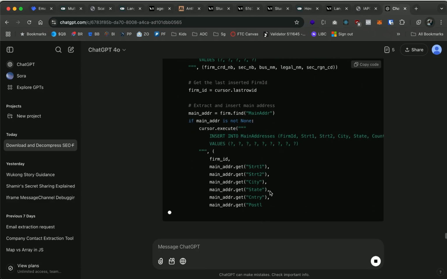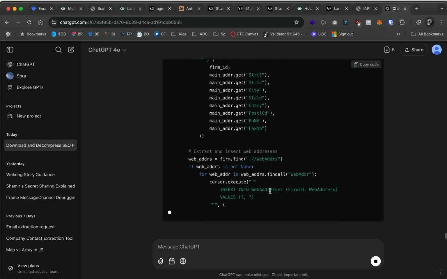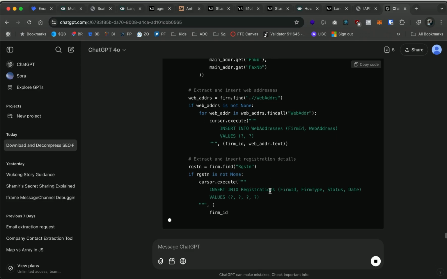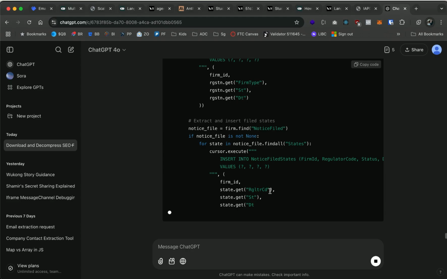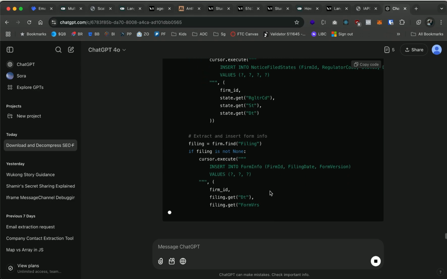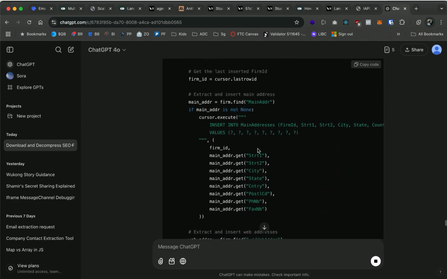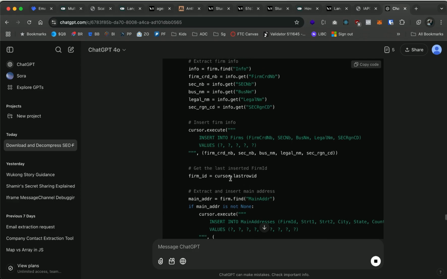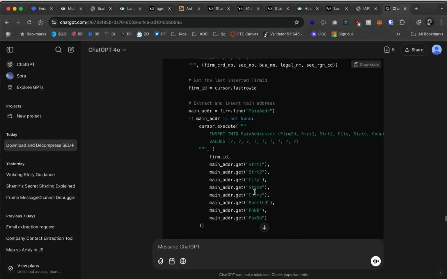The interesting part here is that the database it designed is normalized, which means it's multiple tables, which does make it a little bit more complicated to program against, because you have to have foreign keys and primary keys and all that jazz. So it has to do a little bit more SQL than just a single insert, right? It looks like it's got to keep track of the firm ID. So it must get the firm ID. Yeah, okay, last write. That's interesting. I've never seen that, so that's cool. It gets the firm ID here, and then,